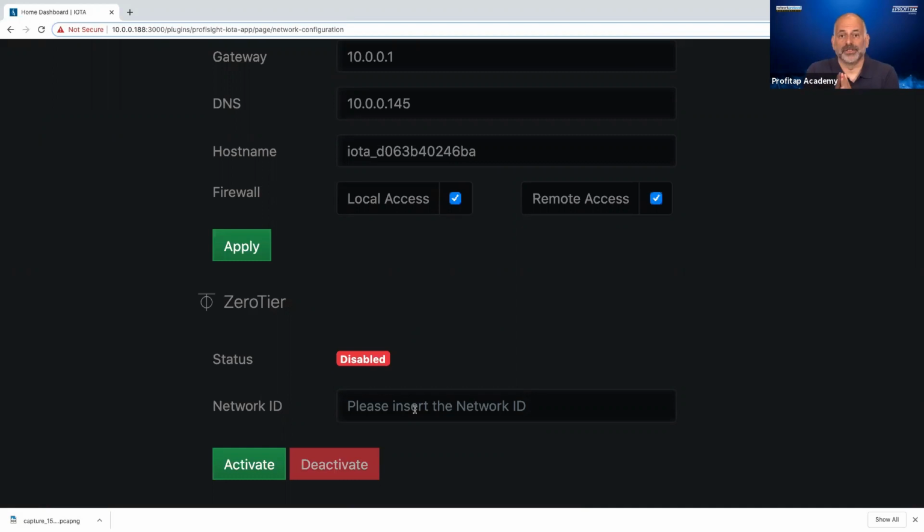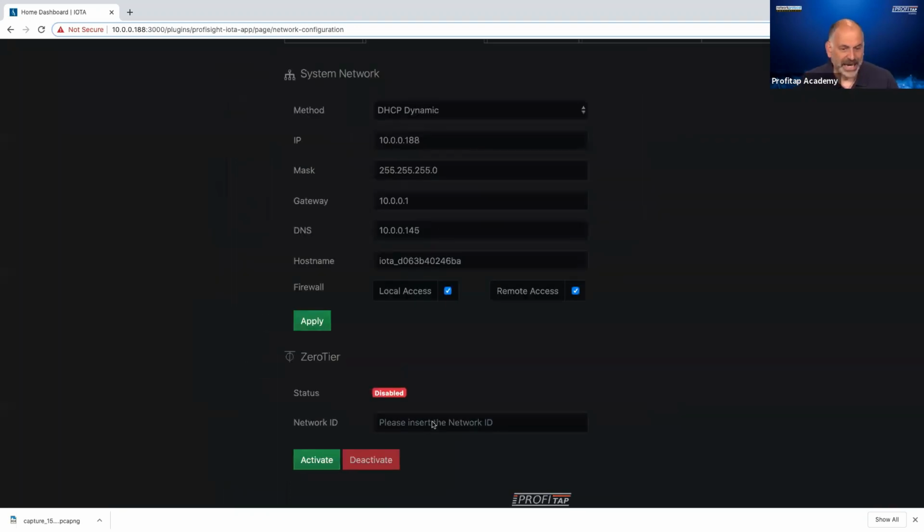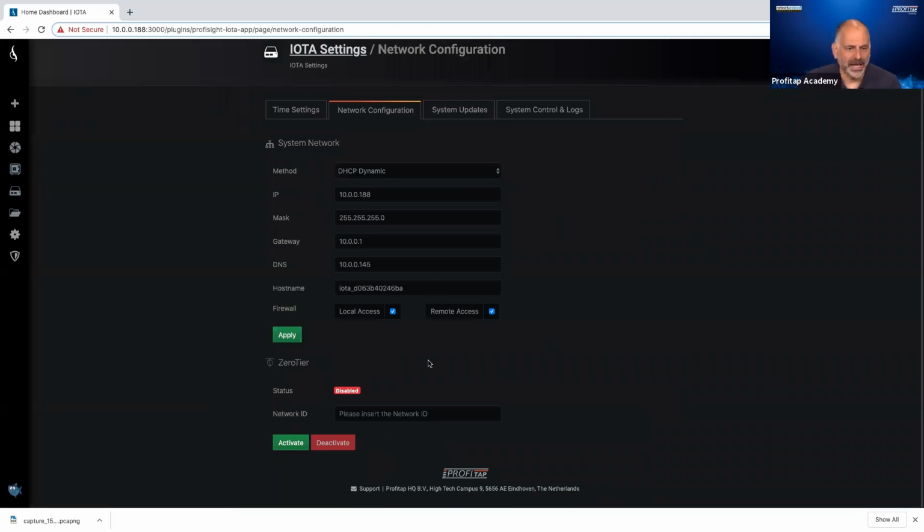So that means that I can send the IOTA out to a location where I don't have any VPN access. There's no holes punched through the firewall, but I can still get into this web page on the IOTA and start troubleshooting things to see what's going on. So I like that feature in that I can put that in there. So let's come in and let's take a look at this trace file